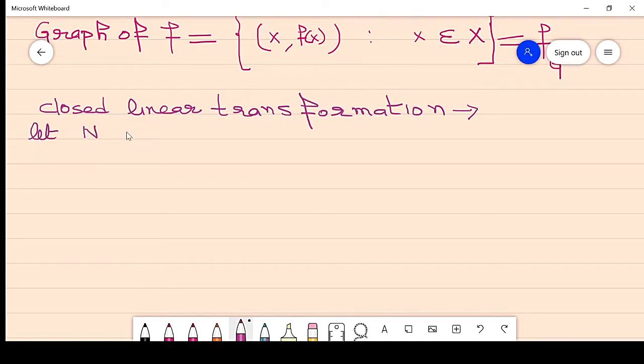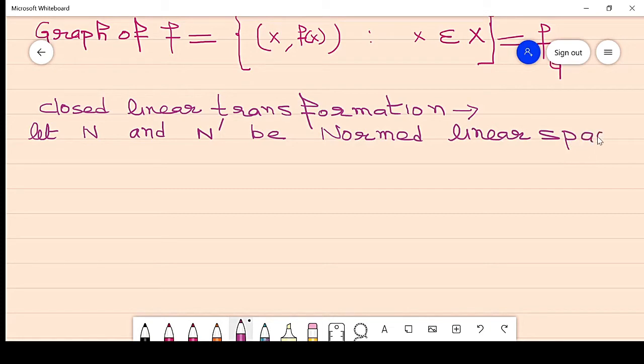Suppose N and N dash are any two normed linear spaces. A linear map T from N to N dash